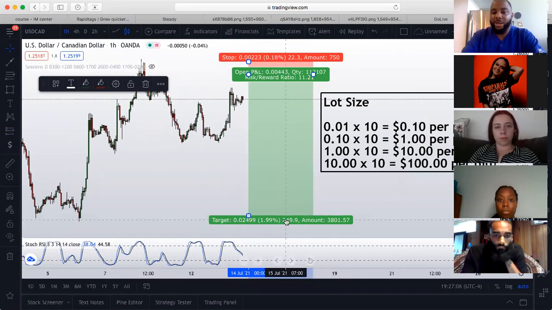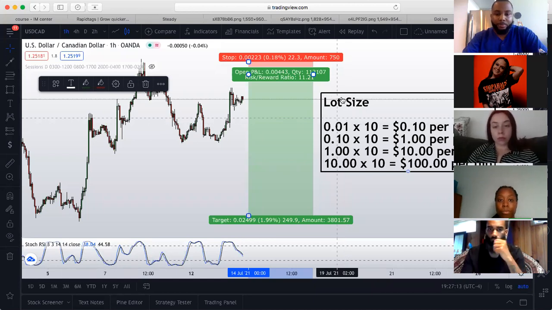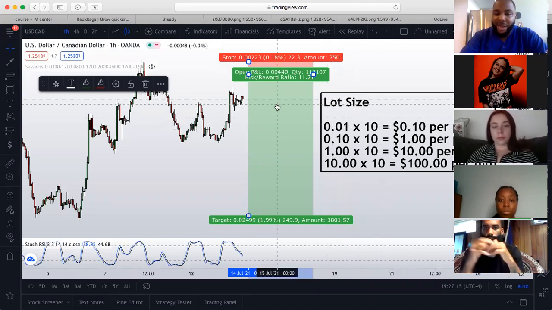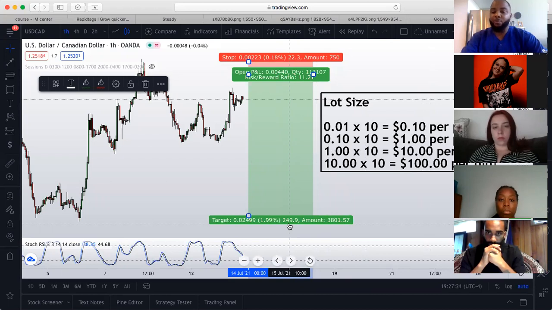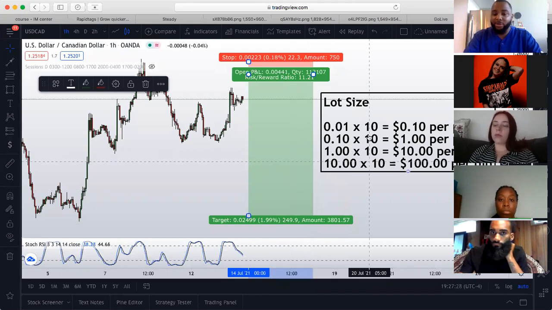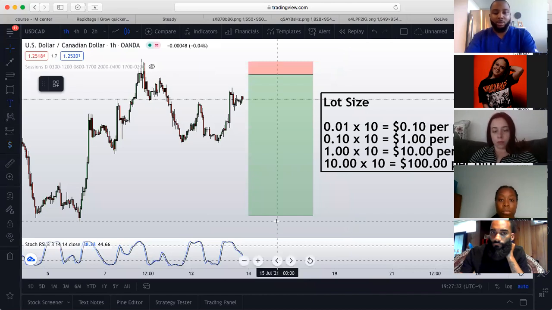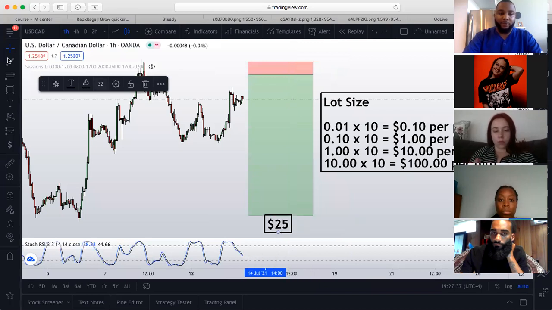So if we're using a lot size of 0.01, okay? 0.01. If we take this trade and we win this trade, it's going to be 10 cents per pip. So you do 10 cents times 250, which will be $25 you're willing to win on this trade, okay? So actually, let me just put that down here. That's $25 you'll be willing to win based off of